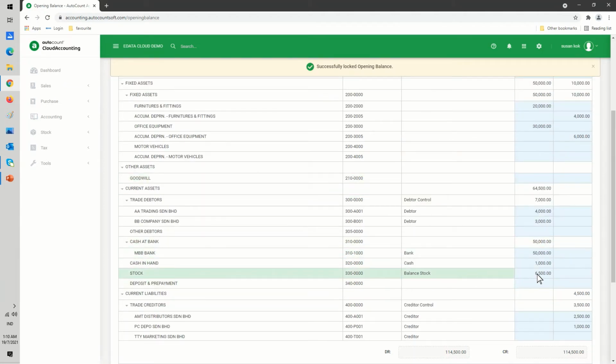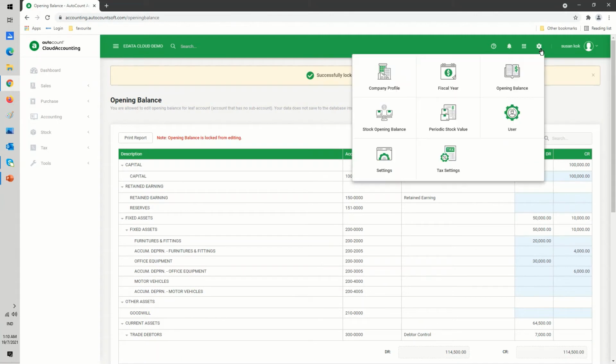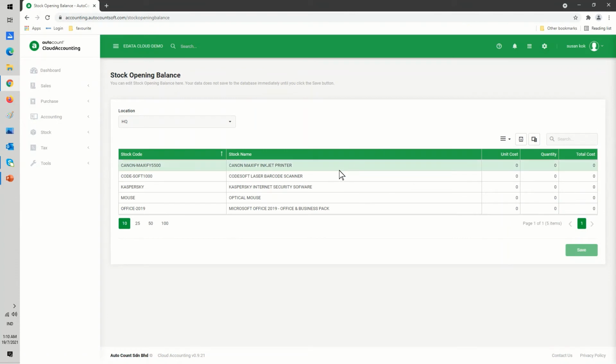Now here the stock I say is 6,005. So go back to the setting. If you are having inventory, you go to the stock opening and make sure the figure is 6,005. So just key in here. Maybe this is two quantity. Unit cost is 800, so it's 1,006. Code sort bar, the cost could be 150,